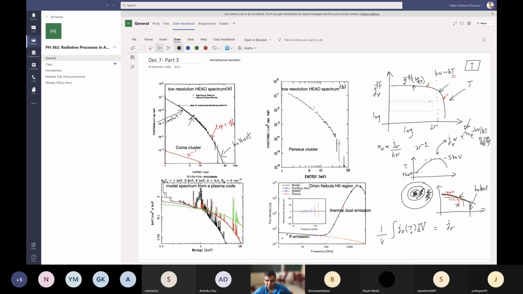If you recall the Bremsstrahlung derivation, we started with a single velocity and a single impact parameter, right? The first calculation we did, we had a single electron interacting with a proton, and we calculated